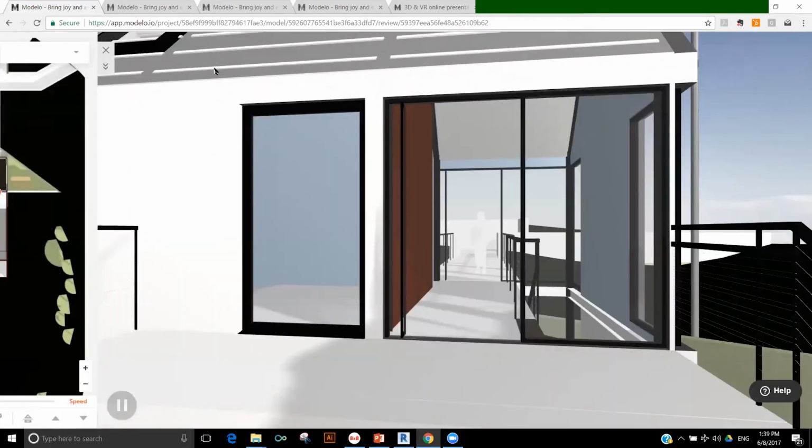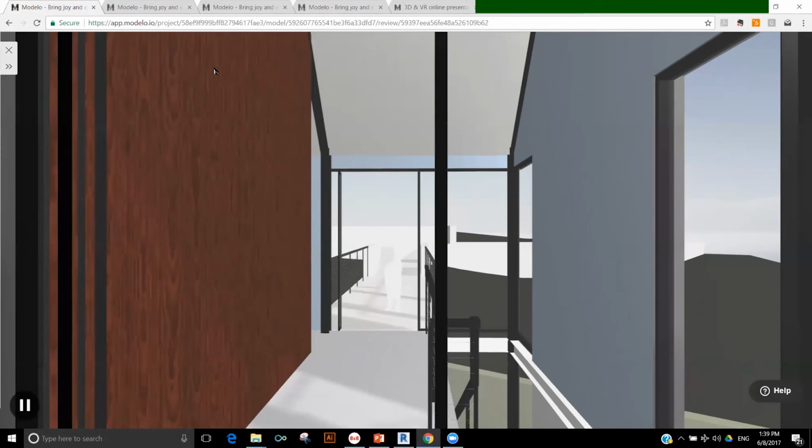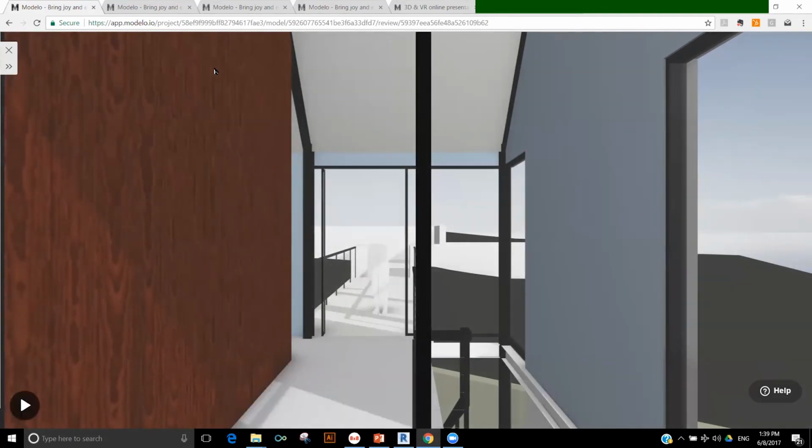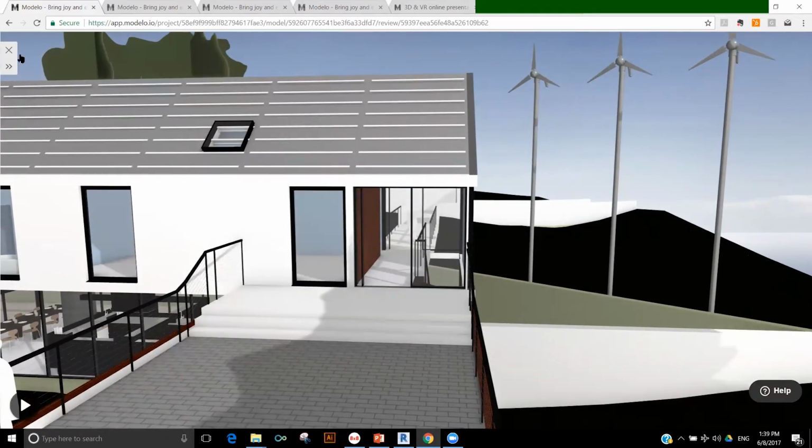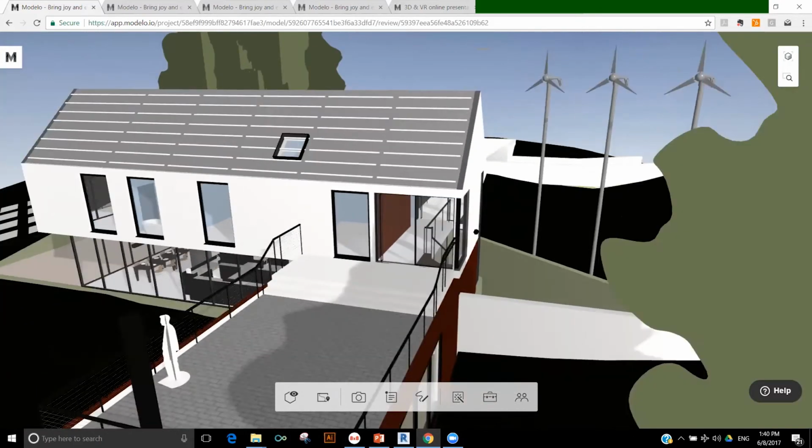We can also minimize the window here. The system drops a point and automatically calculates an eye level height. So when you're going up the stairs and down the stairs, it knows how to go up and down. We have a lot of tutorials on how to create walkthroughs, so if you want to know more about creating walkthroughs, you can definitely check out